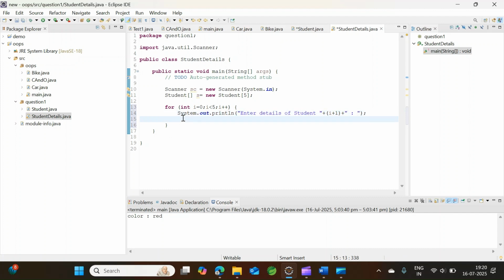Now after that, the user should be asked for the name. First we are printing, "Enter the details of first student." So in the console, at the start, it will check for the first one. The for loop will go for 1, and with i plus 1 it will print 1 for the first student. So we have to ask the details, System